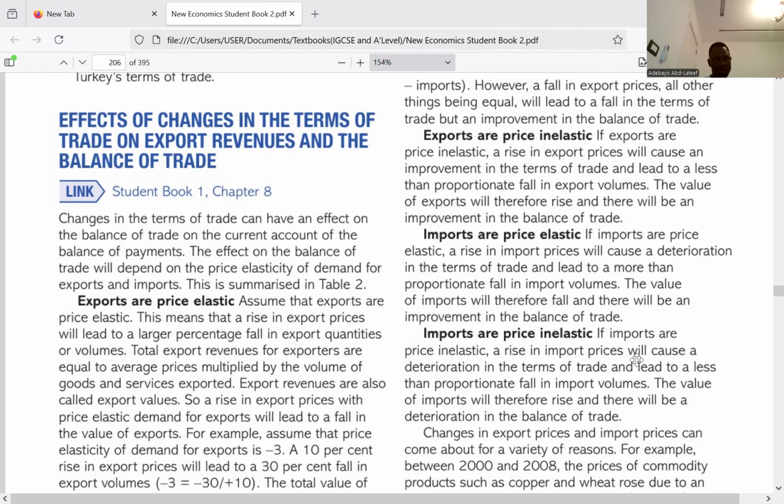If the demand for a product is price elastic, an increase in the price of the product,